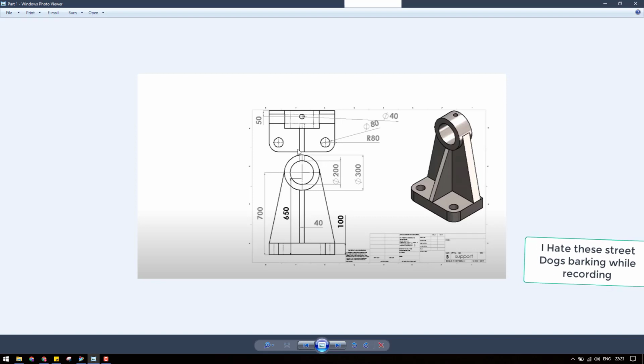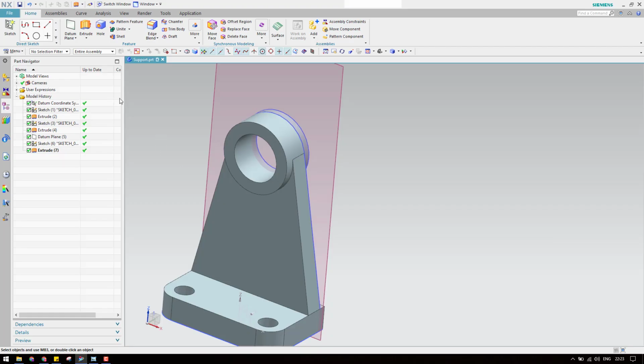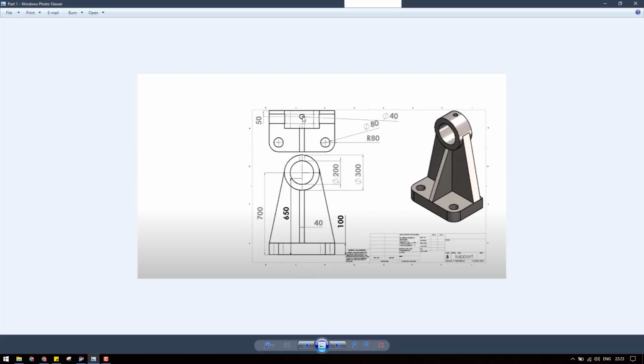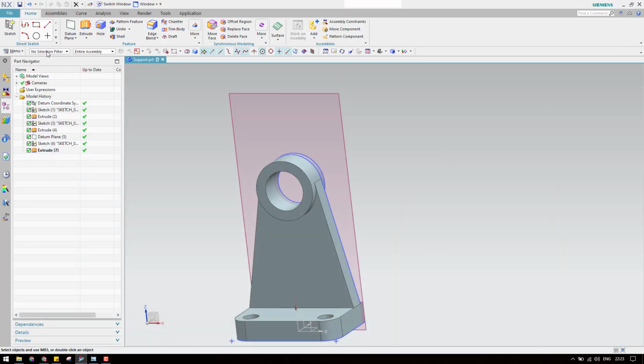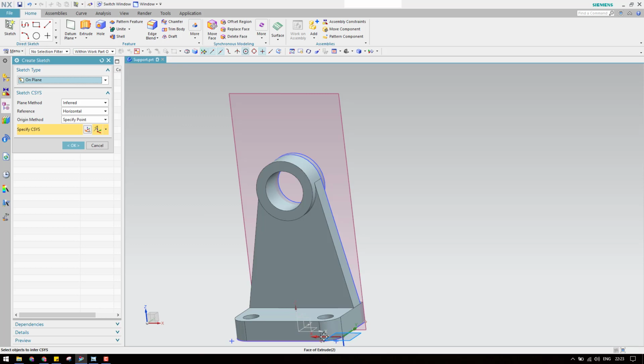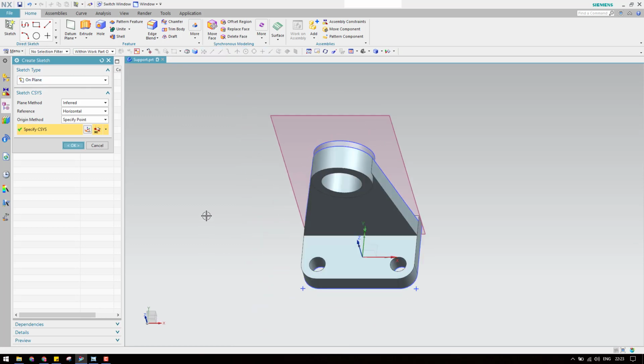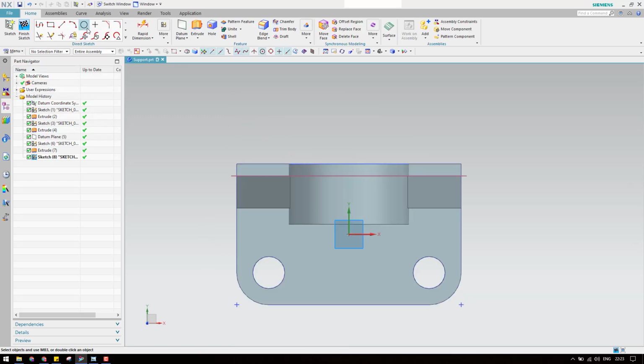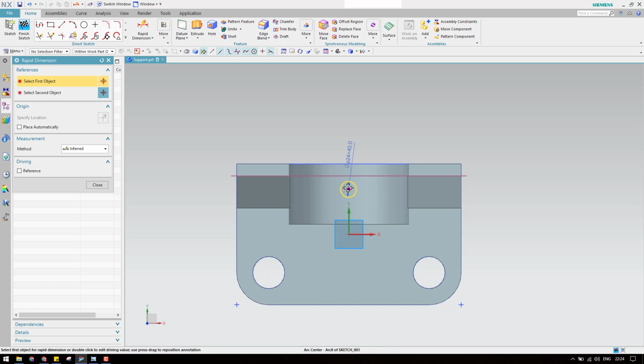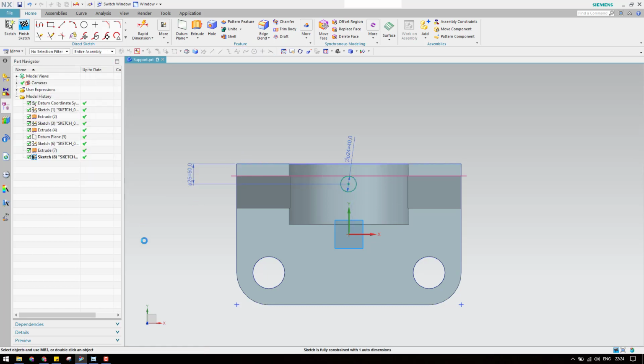For that, again I will create one more plane. So go to plane. So let us make this hole. As you can see here, there is a hole. So what I will do is make this hole with a 50 mm distance and a diameter of 40. So go to sketcher environment and again select the base plane, and you can create a circle with 40 mm diameter, and the distance is 50 mm.